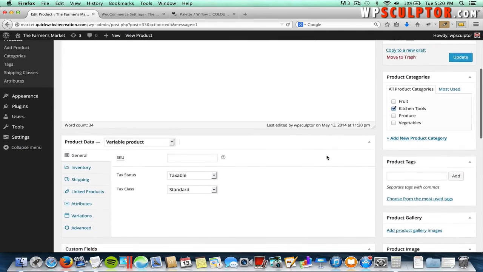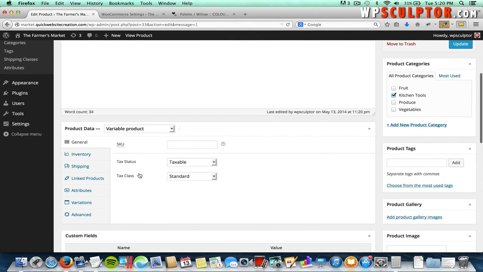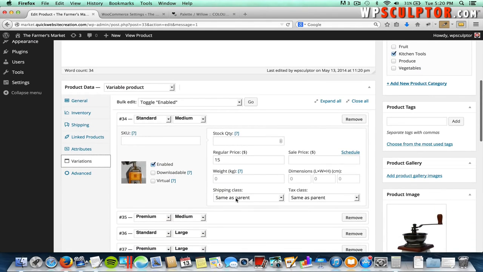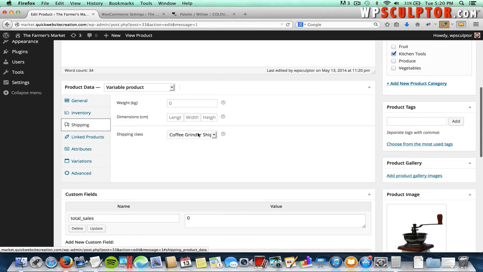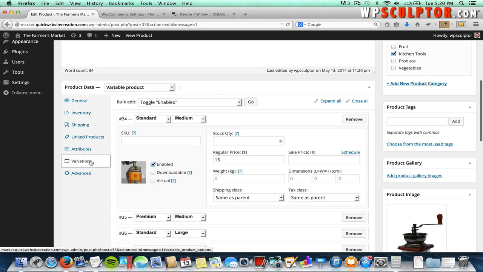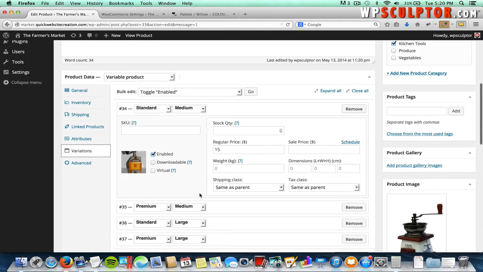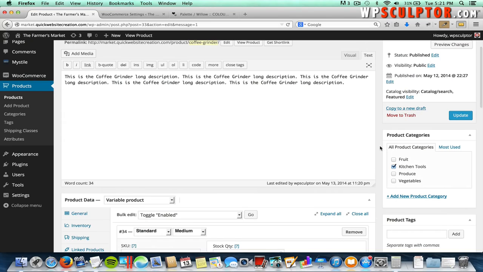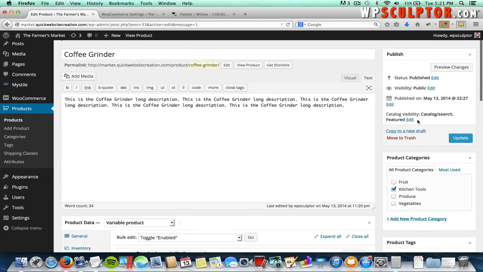And if you scroll down again, I want to point something out. Since we have 4 variations for the coffee grinder, if you click on those variations right there, and we click here to open one up, by default, the shipping class of each variation will take on the same shipping class as the parent. And in this case, the parent was set up right here. So all of our coffee grinders, all the variations will take on this shipping class. If you did want to change those shipping classes, if you had multiple shipping classes for the different variations, you could do those individually here with these options. But we want all our coffee grinders to incur an additional $3 shipping charge. So we're going to update the page, and we're going to view our front end